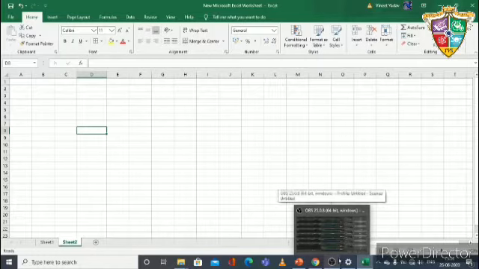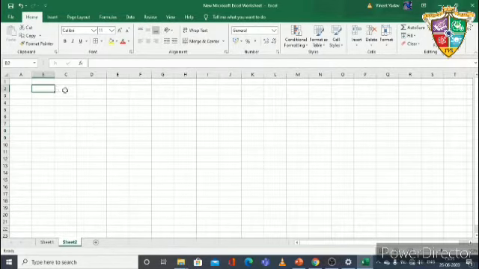First, when we are working in Excel, we enter data in very large form, like entering a school class's marks, where one class has 40 students.